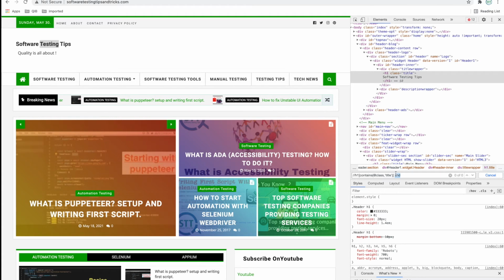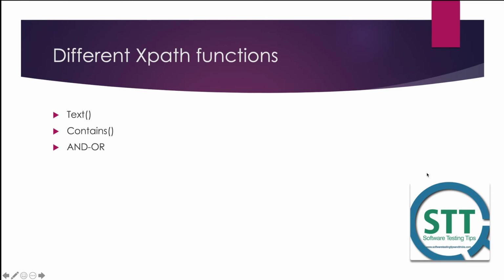Or is very interesting, and we use it in our day-to-day life in companies. When I have version 1, the XPath is something, and in version 2, the XPath is something else. The class name or ID changes, then we put or. So in version 1, it will pick the first XPath, and in version 2, it will take the second XPath. It's funny, it should remain consistent, but we know.